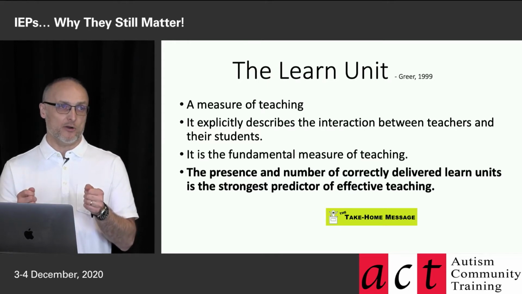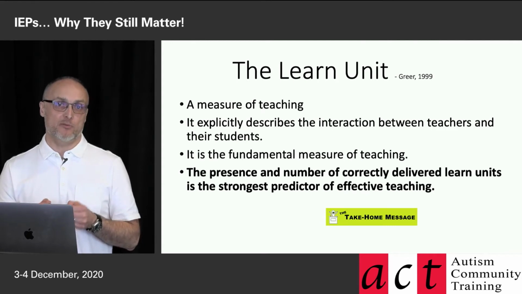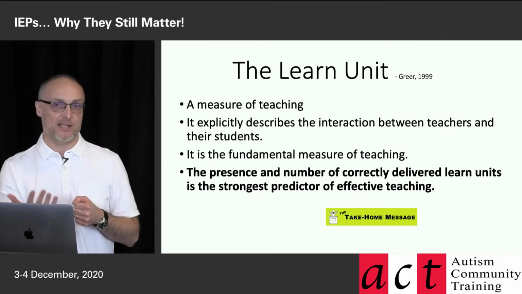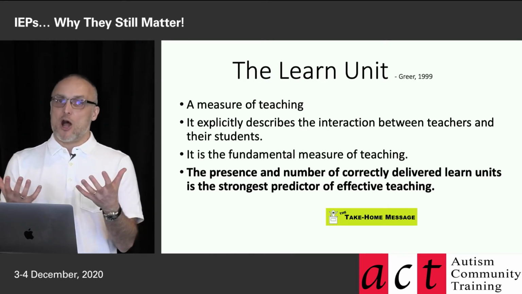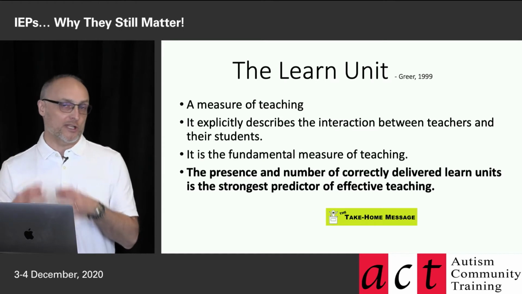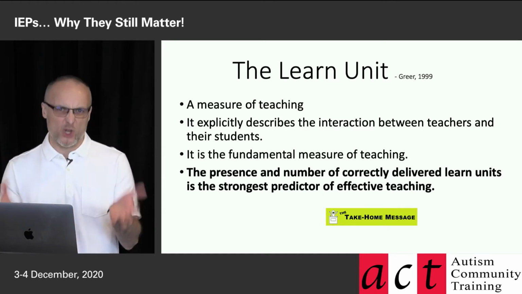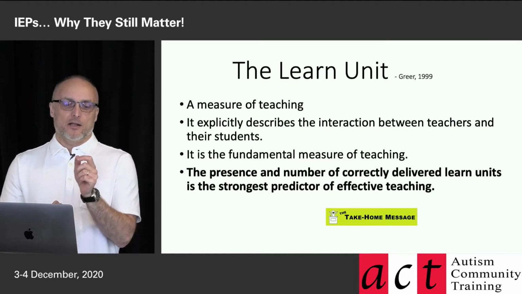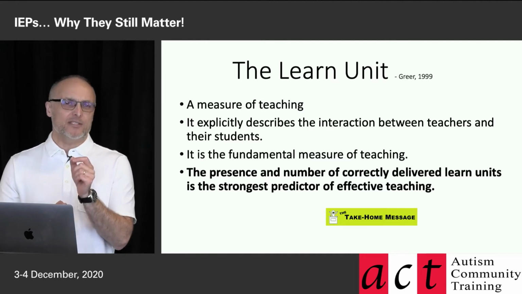Right? If you want to know how do you teach something effectively, present a lot of opportunity to learn it. A lot of opportunity where you present antecedents, the student is able to engage in their correct behavior under the right circumstances, contact some type of reinforcement, at least intermittently. If you do that a lot, that will predict greater learning outcomes than if you have fewer learning opportunities. That just makes sense. If you want to become good at something, you're going to do it a lot, right? So that's the presence of a high number of learn units. And correctly delivered